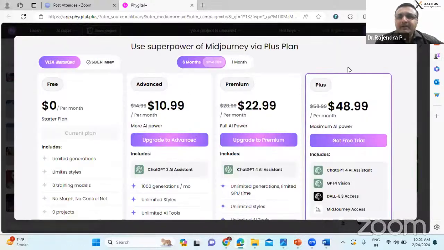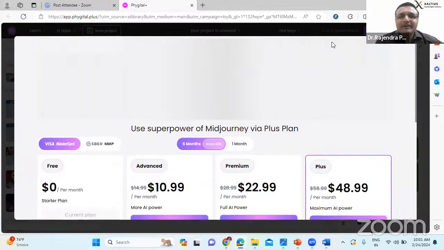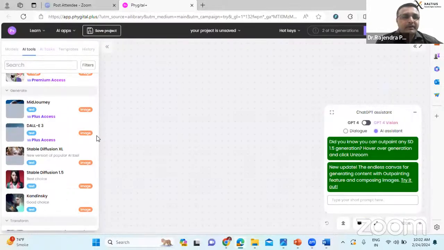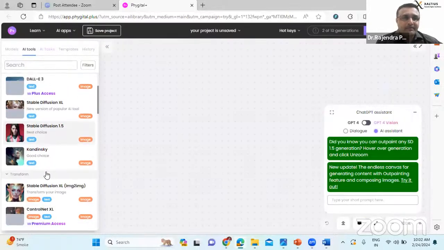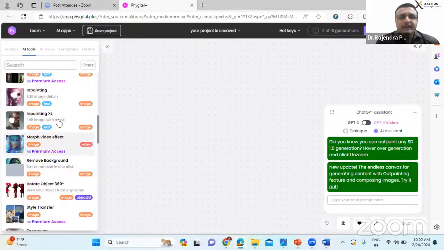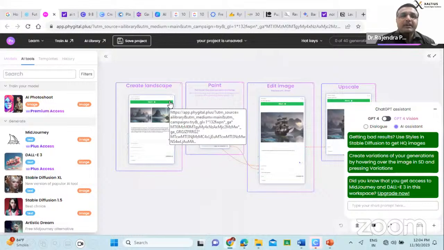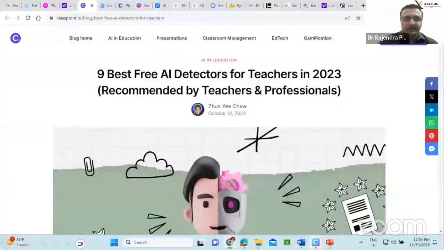But all these tools are paid tools. Initially, you get some credits. But the purpose of showing you this is that you need to understand it now. If you do not use or explore this now, in future you will find you are outdated. This is how you can create your images or content. As a researcher, you need some diagrams to be created, so you can make use of these tools.